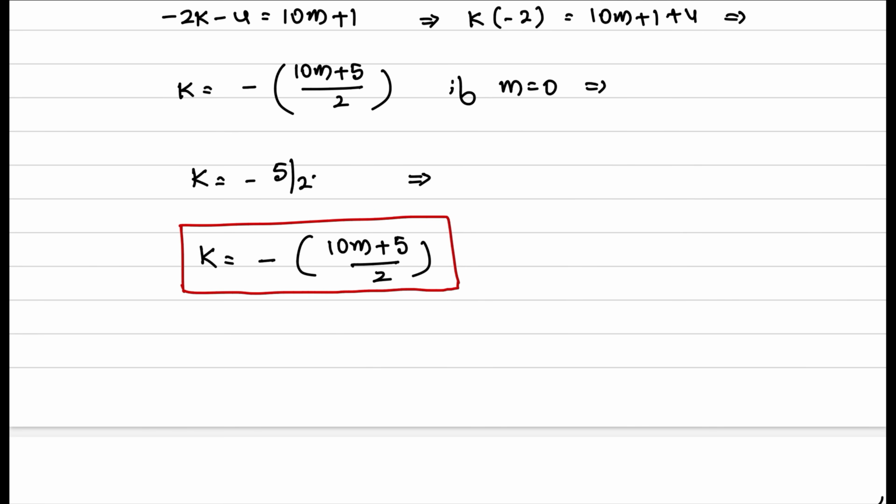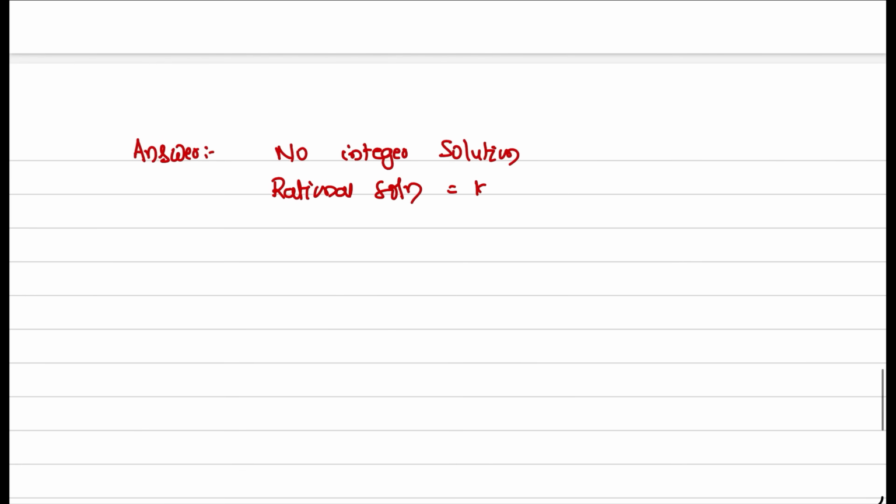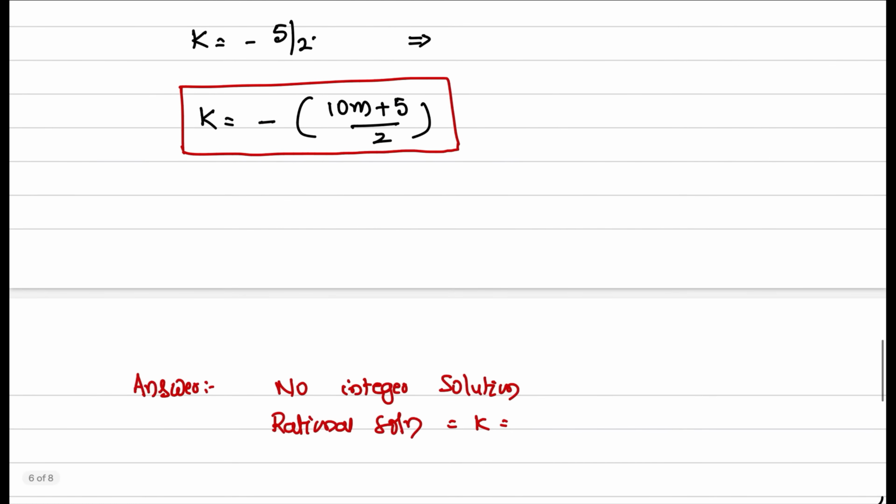Hence, as we have found previously, there is no integer solution. The final answer is: no integer solution, but the rational solution is k equal to minus 5 by 2